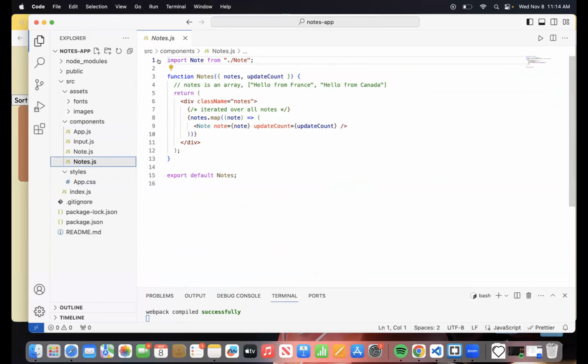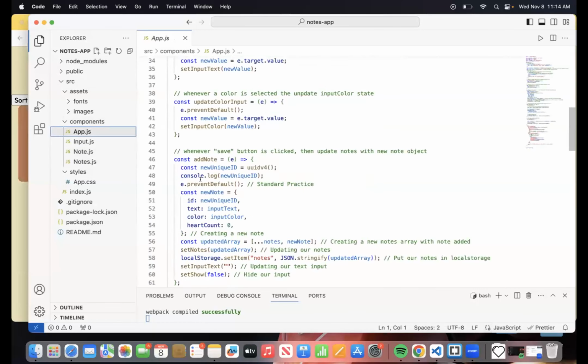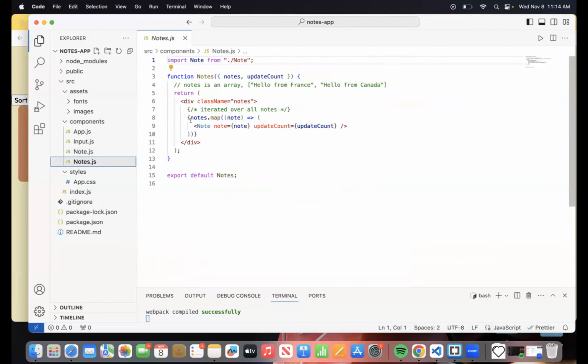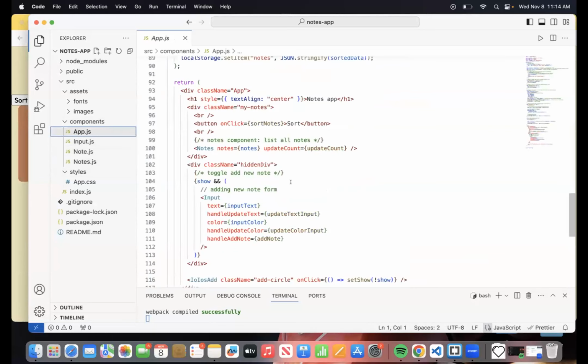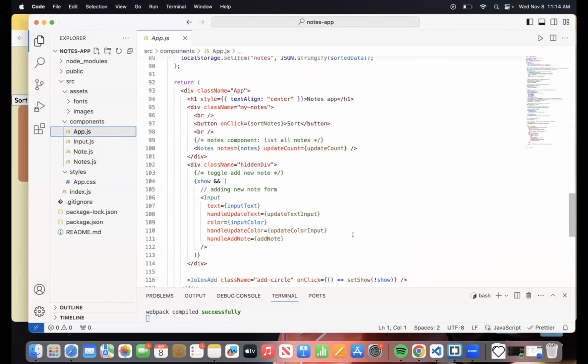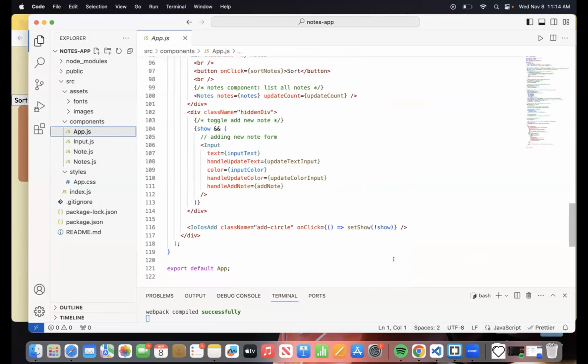For example, when I'm in app.js, I am calling in notes over here. We can't really pass values through this from the child to the parent. So because of that, we're setting up functions and we're sending in values based on those functions.